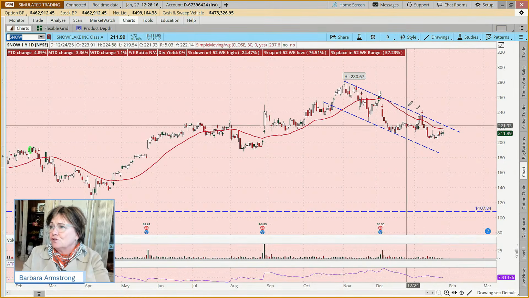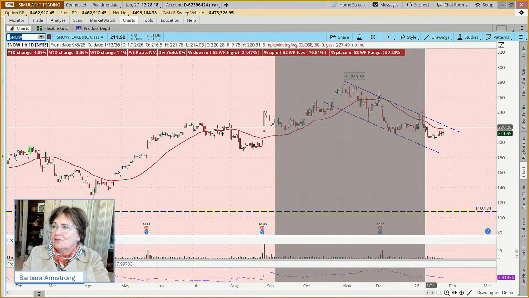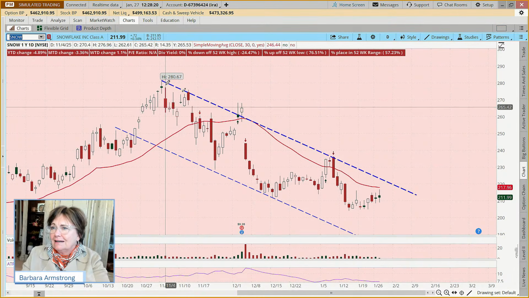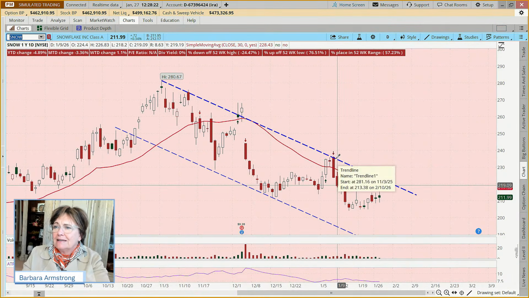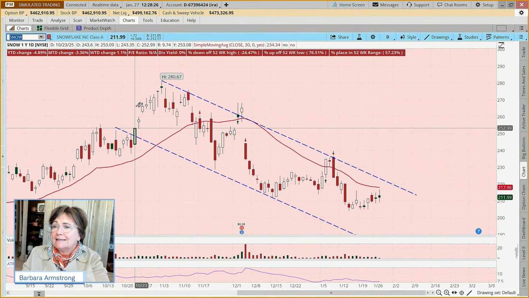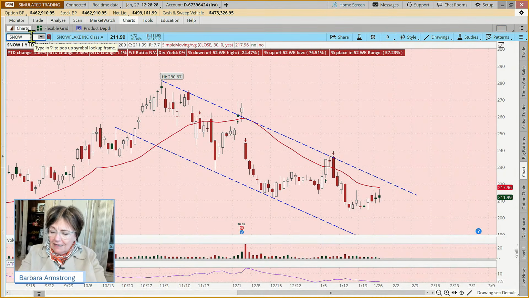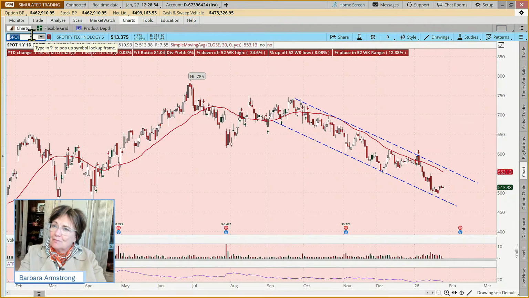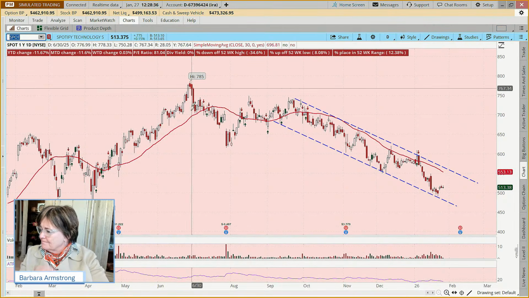So I just kind of drew this line with the body to body idea, trying to hit as many as I could and then replicating it. And so we can see it's trading in this downward range, right? And when we draw those lines, it kind of leads the eye. Now, again, sponsored by the letter S, this section.